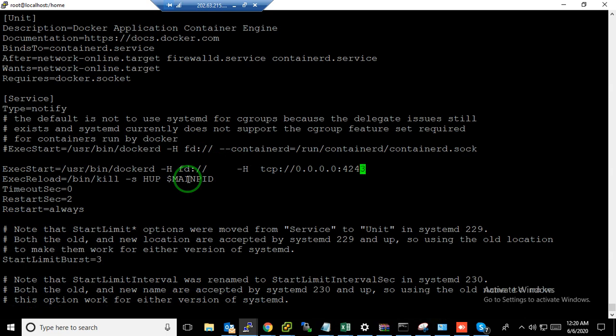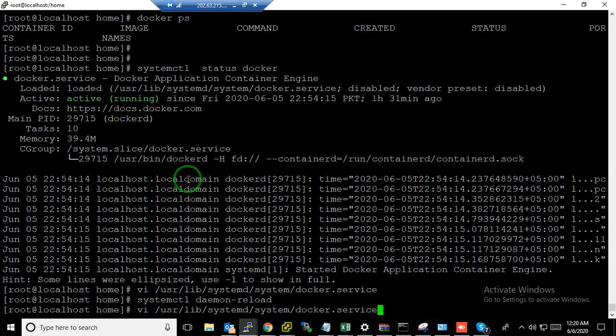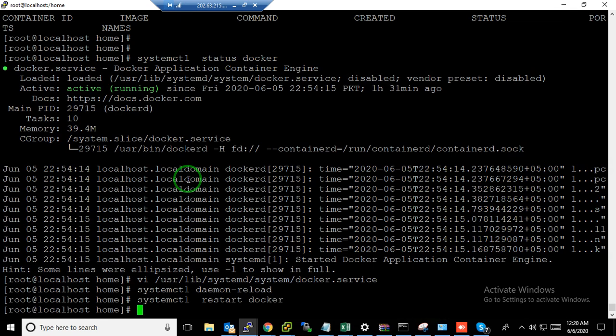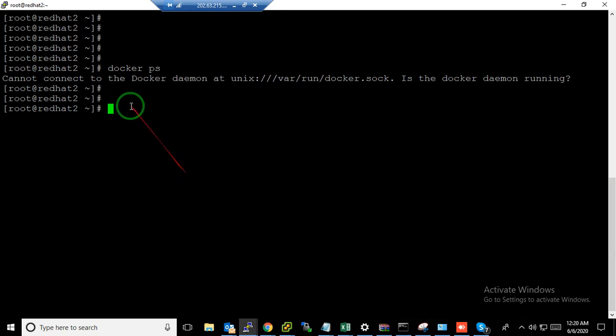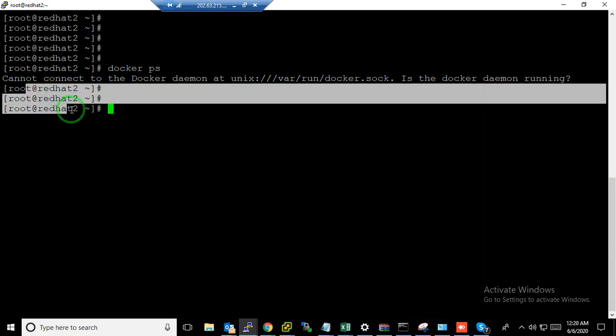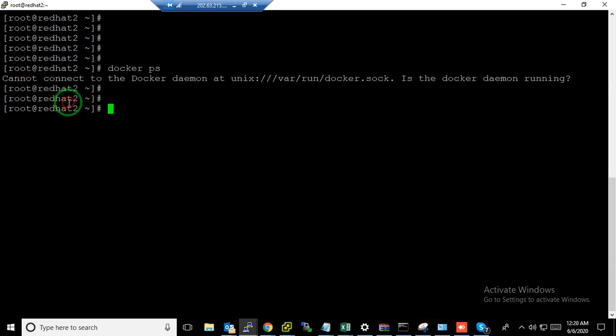So let's do it. Just save it and reload the daemon, then do the service restart. Service restart is done. Now we have to tell our Jenkins server that the Docker server is running on this IP on port 4243, which we added there.